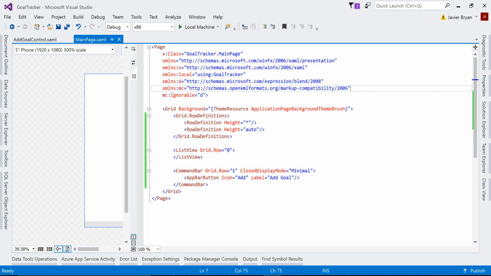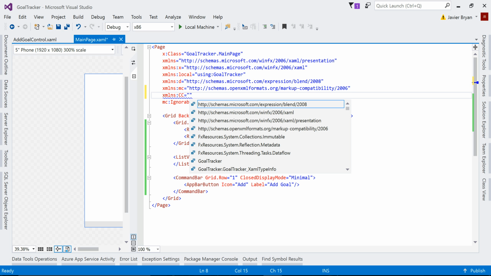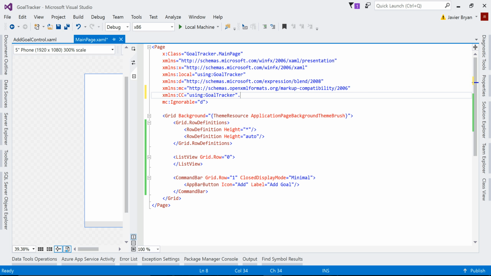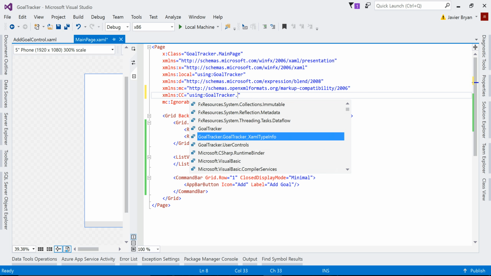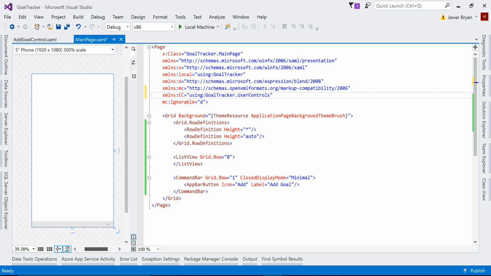Now, I'm smelling this dot controls. We'll call it CC from now on for custom controls. And then we're gonna say, oops, goal tracker.user controls. I like that. So what we are going to do with this, I don't want to do this. I'm going to say every time I click that button, we will add,